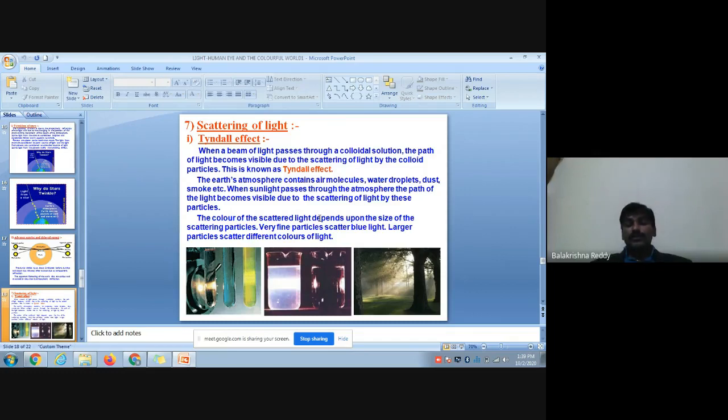Usually through small particles the blue light can transmit or scatter. Why blue light? Blue light has a smaller wavelength, so blue light can pass through each and every small fine particle. So that's why the sky appears blue, because it emits out blue color. Whereas red will not, because red light cannot pass since it has a higher wavelength. So that's why only blue color appears in the sky, in the atmosphere.